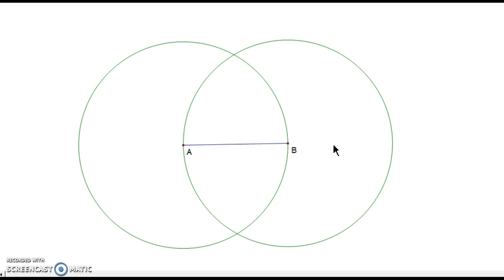Step three, from the point C where the circles cut one another, draw AC and BC. So here is point C. We're going to draw in segment AC and segment BC. And the reason for this is postulate 24, a unique straight line may be drawn from any point to any other point. Step 4, since A is the center of the circle through B and C, then AC is equal